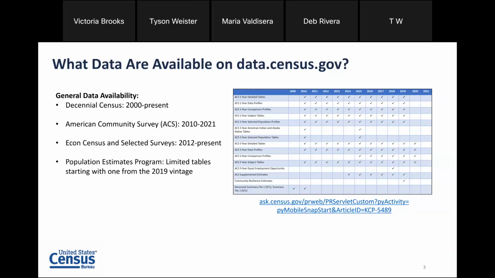And then we are also working to onboard as many surveys and programs as we can from the Census Bureau so you can access the data all in one place. At this point, we have some limited tables from the Population Estimates program as one example of that, but we're definitely working on expanding that throughout the Census Bureau. With that in mind, if you'd like to access the most detailed listing of our data sets, individual tables, and availability by year, if you visit the link on the right, you can access that detailed listing.